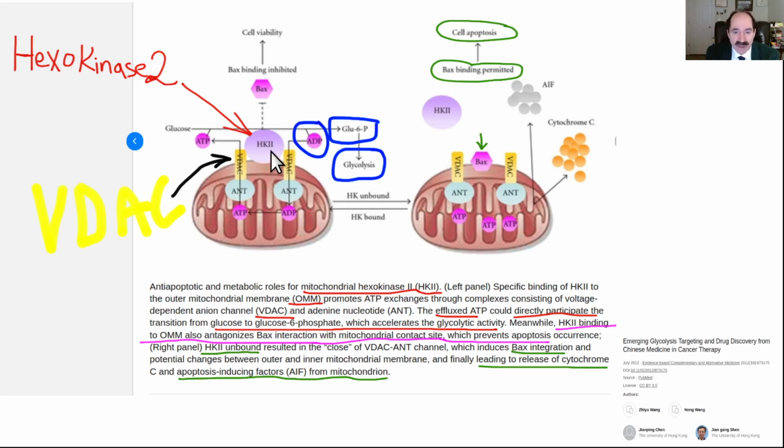HK2 is made. That's a change in gene transcription, so some people sometimes call this the epigenetic mechanism of cancer. Well, it's a change in gene transcription, meaning a new protein is made from the DNA. And it doesn't just do one thing. It increases glycolysis by large amounts. It also blocks apoptosis, like I said, by attaching to VDAC on the mitochondrial membrane. It also